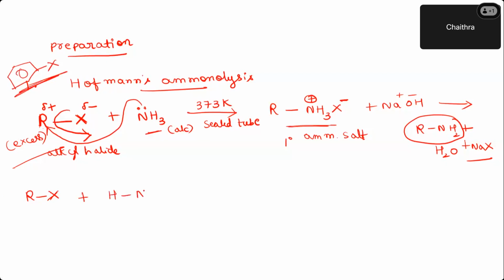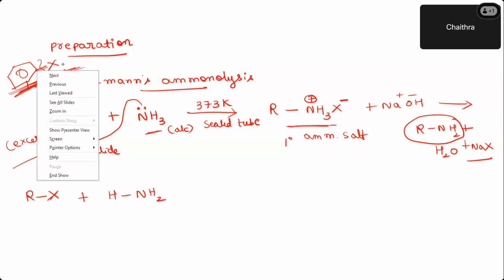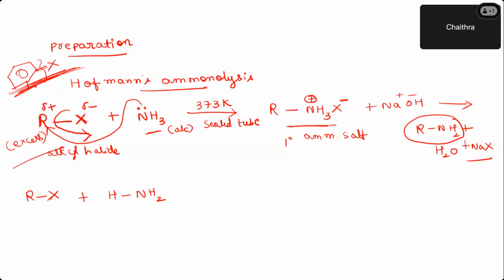No, right? Why can't you take it? Because it is not easy to cleave the carbon halogen bond in the haloarene. Because of the partial double bond character as well as the sp2 hybridized carbon, you can't cleave the bond easily. Remember, alkyl halide alone you have to take. Now, instead of writing NH3 directly, I have opened it and written like this. Obviously, you have to heat it. Now, you remove HX. Keep doing this reaction till all the hydrogens are replaced.